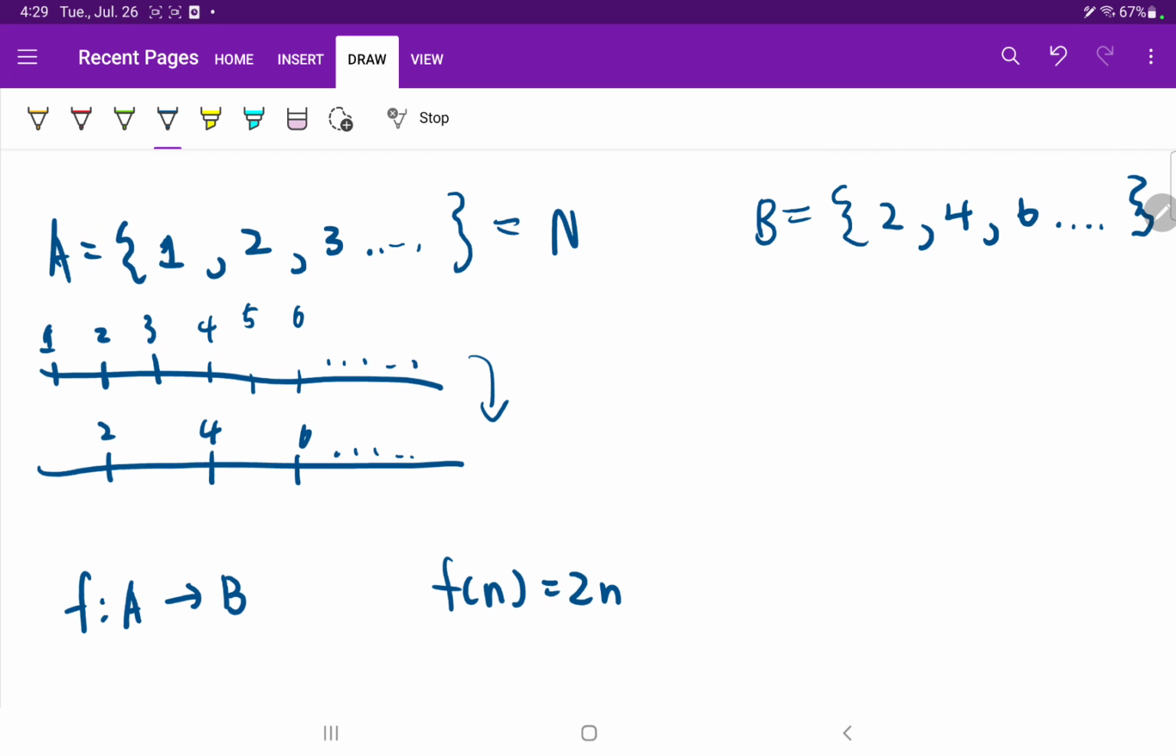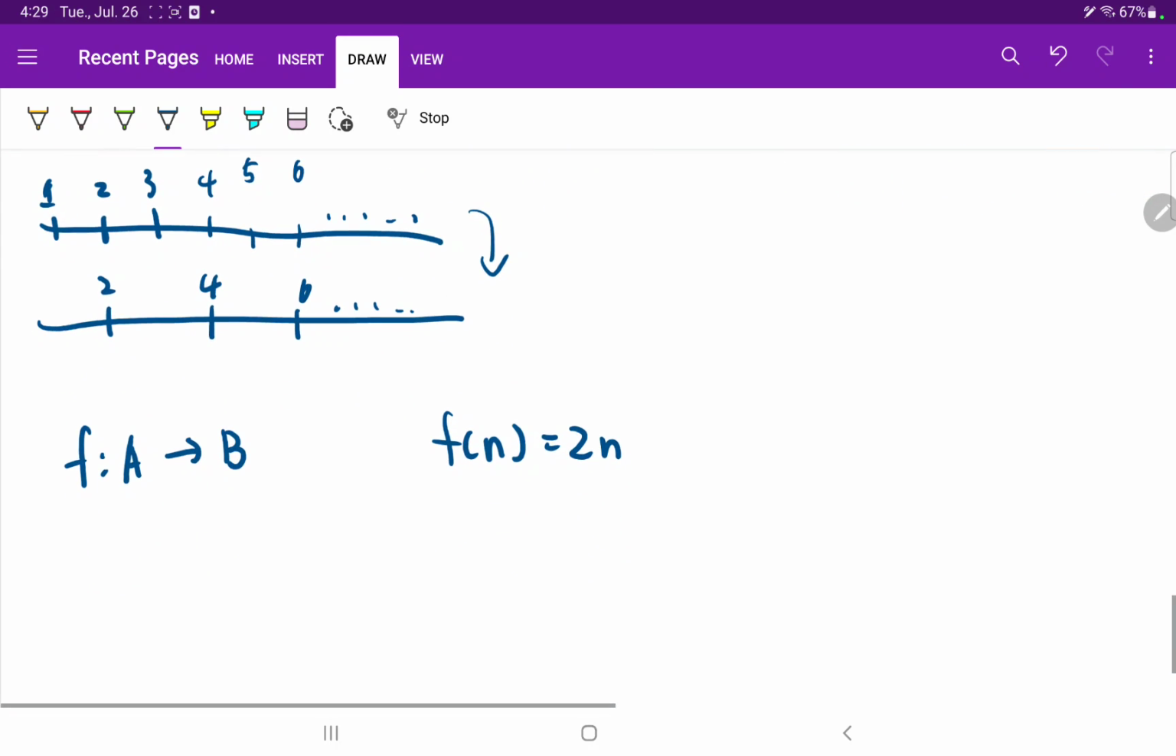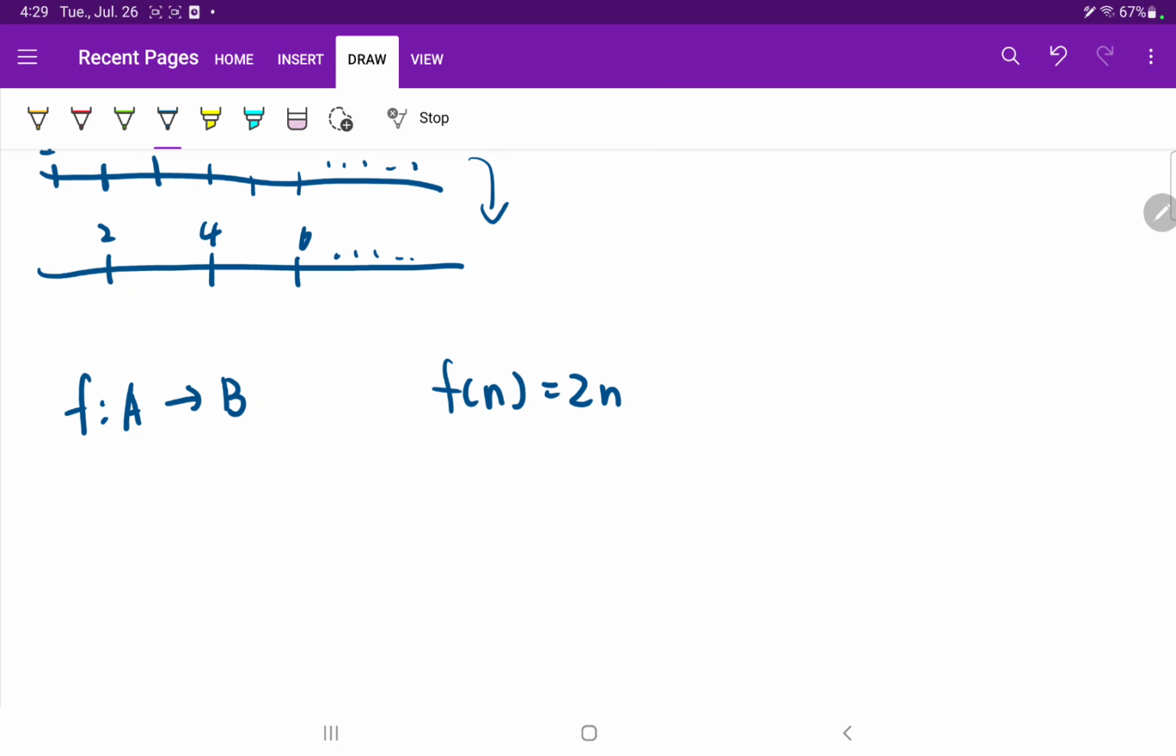Because if n is 1, then f of n becomes 2, or if n is 2, f of n becomes 4, right? So we're matching it, like 2n is ultimately the form of an even positive integer, right? So f of n is equal to 2n will be our function in this case. And as you can see, if we look at this function right here, we can prove that this is